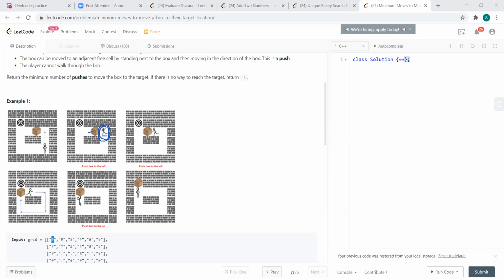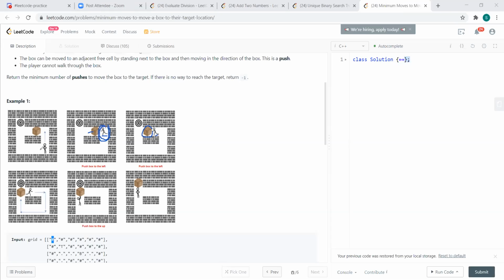No, I don't think so. At least the way I implemented it wasn't bidirectional, because we have only a single source, right? Bidirectional is only okay when... Are you saying that you start from the target as well as the box? Exactly. In that case it won't be possible, because if you look at this problem statement, we are not only concerned about the box position, we also have to keep in mind the player has to stand next to the box.